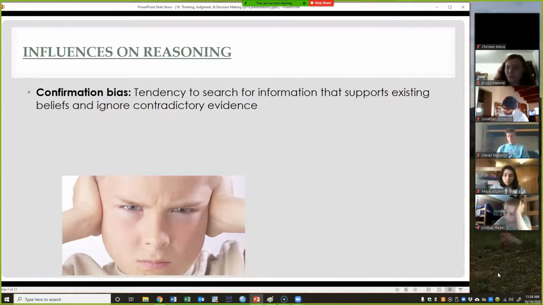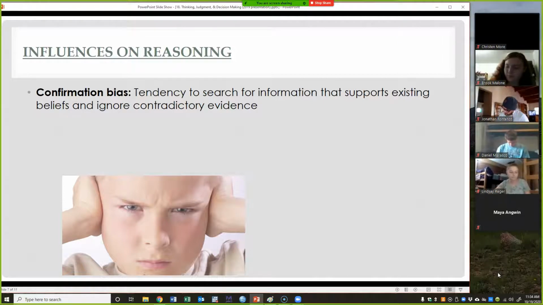Right. But sometimes we run into problems where we're trying to make decisions. We're trying to come up with reasoned approaches, but we end up running into a wall over and over again, and we just can't shake it loose. We can't arrive at the solution we're looking for. A lot of times this ends up being our tendency as humans towards confirmation bias, okay? Confirmation bias is our tendency to look for information that supports things that we already believe, and we start to ignore things that don't,